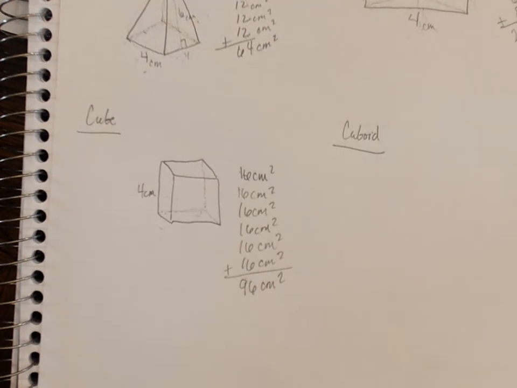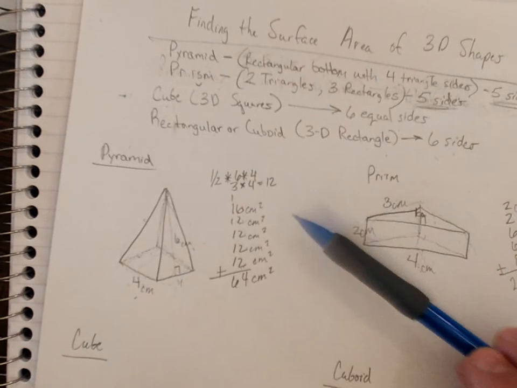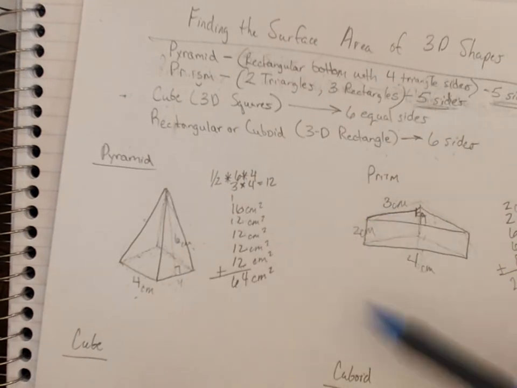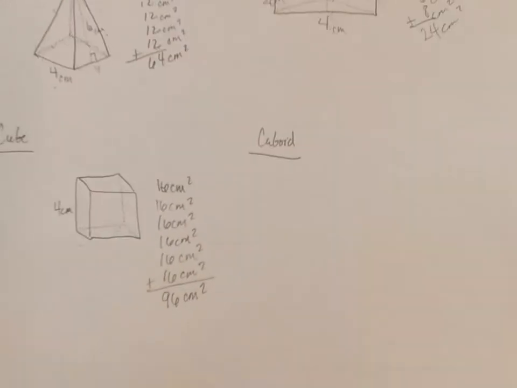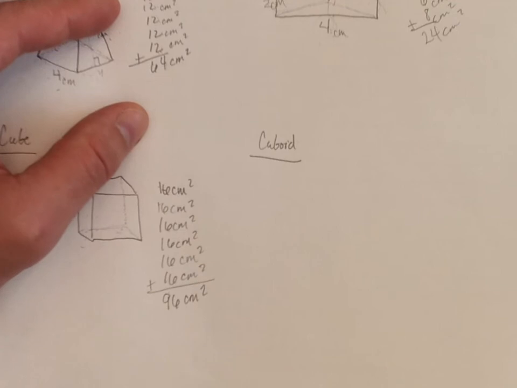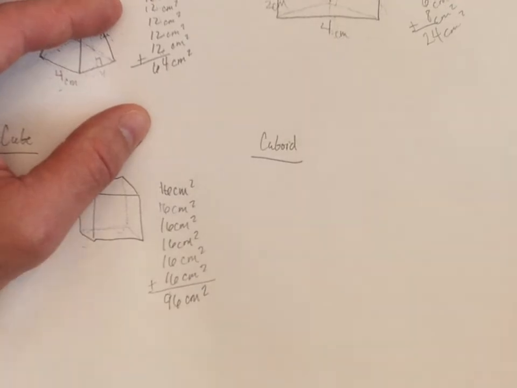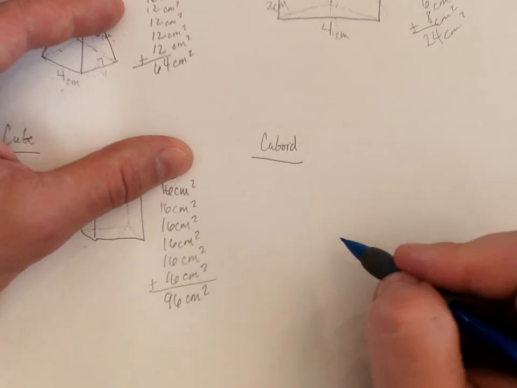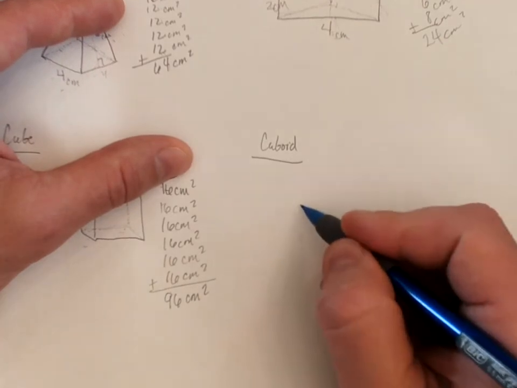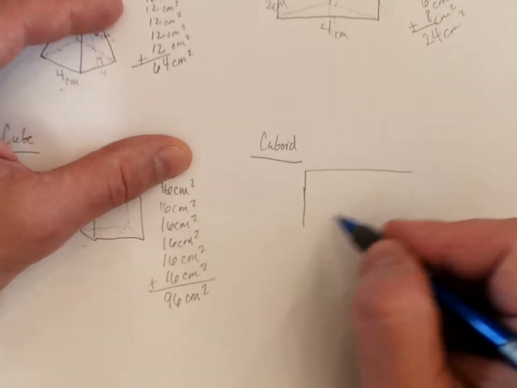All right, boys and girls, last shape, it's called the cuboid or a rectangular prism. I think of it as a cereal box. You might see it laying on its side or turned upside down, whatever it is. I just like to, like I said, think of it as a cereal box. So I guess the easiest way to draw this would be if we thought of the cereal box or cuboid being on its side,